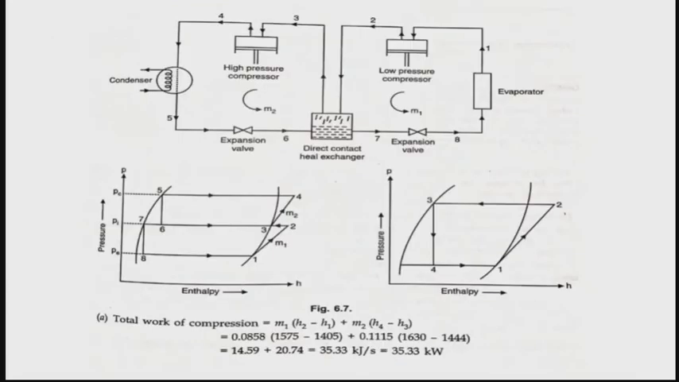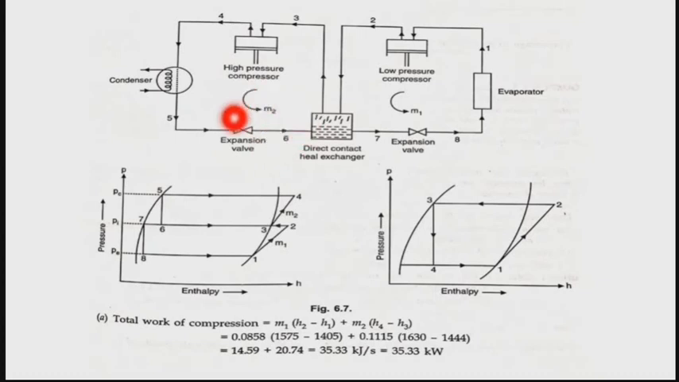Okay, so you can see in this diagram that M1 is the refrigerant circulating here, and in this part M2 is the refrigerant circulating. Okay, so 5 to 6 and 6 to